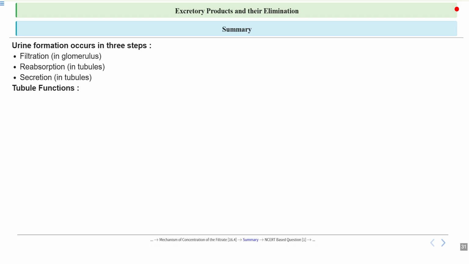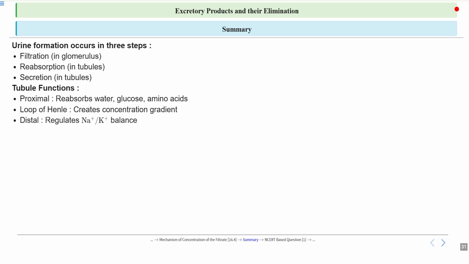Now we also talked about tubule functions. Here each section has a specialized role in processing filtrate and forming urine. We talked about the proximal tubule. It is responsible for reabsorbing water, glucose and amino acids. You can think of it as the body's way of grabbing back the most valuable items before anything is lost. Second, the loop of Henle creates a concentration gradient in the kidney. This gradient is crucial for concentrating urine and conserving water, especially when the body needs to retain fluids.